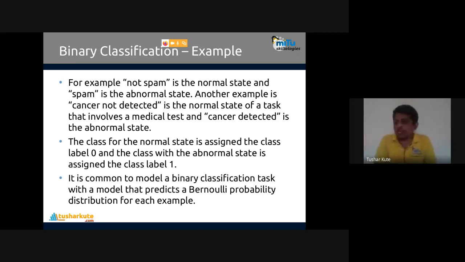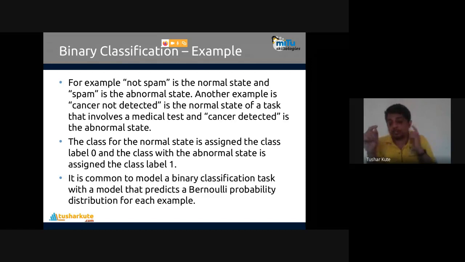In future also, whenever you are going to learn new algorithms of machine learning for your honors course, try to remember that if you are comfortable currently with this, in future it will be very easy to understand these common topics which I'm explaining over here. Everywhere the same concepts are used. Normal means class 0. Why is 0 normal? Because 0 is success. You might know that if you return 0 from a program, it's called a success. That's why it is normal. And the abnormal class is assigned the label 1.